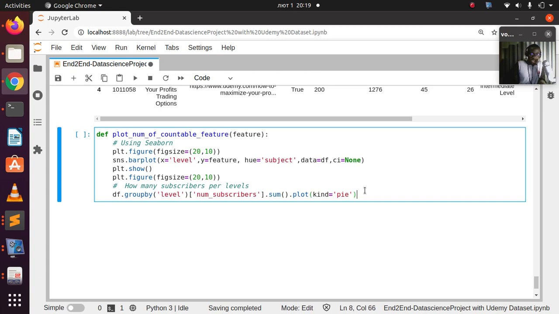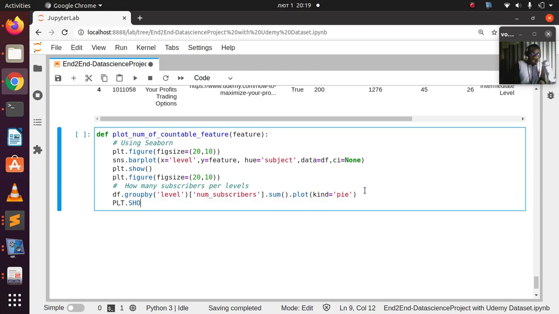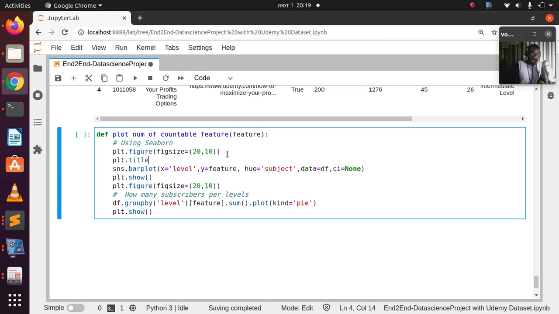Then I'll just plot it again. So plt.show. You can use... So I'll pass in that feature here. I can actually add a title in case you want. Let's add a title to make it look better. So plt.title is going to be,